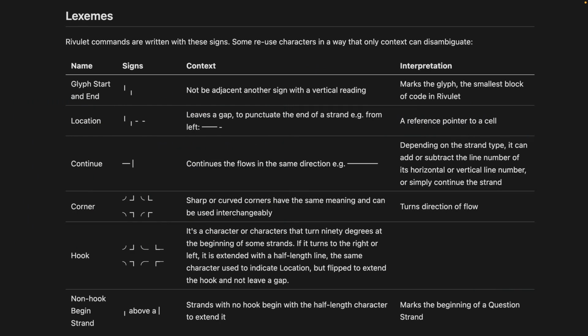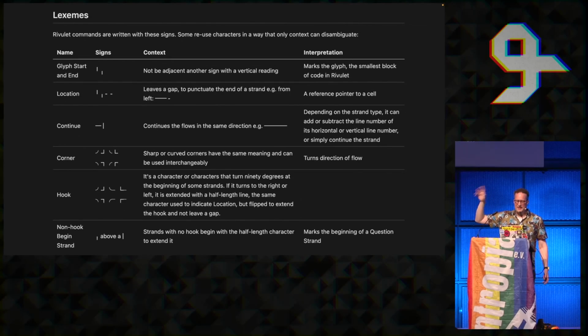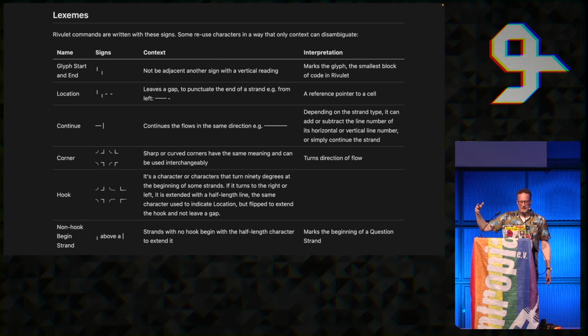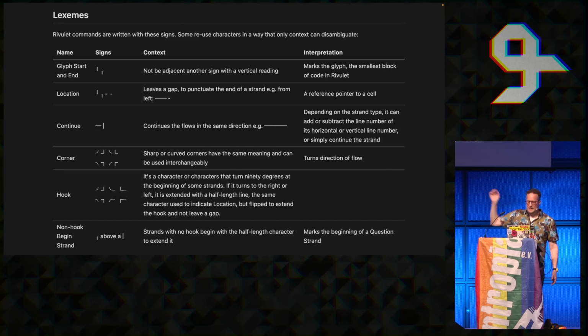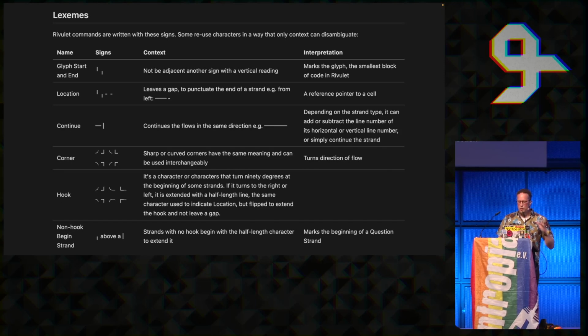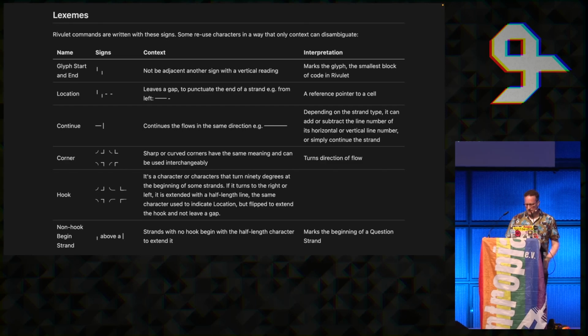The only really important point of this slide is that the same box drawing character in a different context means something different. So if you have a corner, it can be a curve, it can actually be a corner in the flow of the line, or it could be a hook at the beginning of the strand, which gives it a special meaning. And in the same way, a half vertical line can be the glyph start or end marker, but it can also begin a certain type of strand. It can also be a ref marker that we'll see in a moment. So there's a whole bunch of aesthetic choices that people can make. They can make sharp corners if they want, they can make curved corners if they want, and so on.